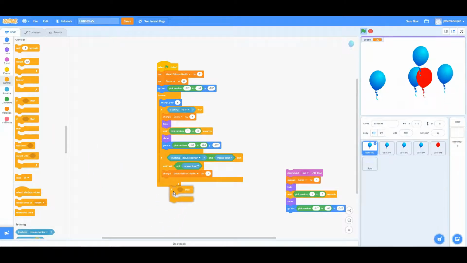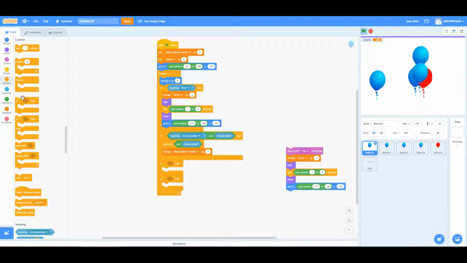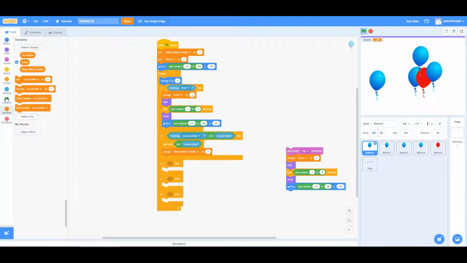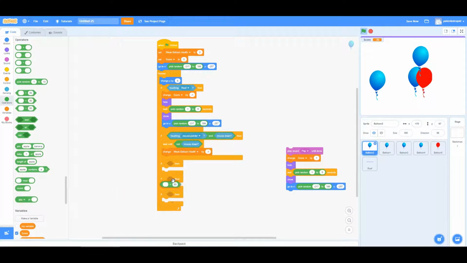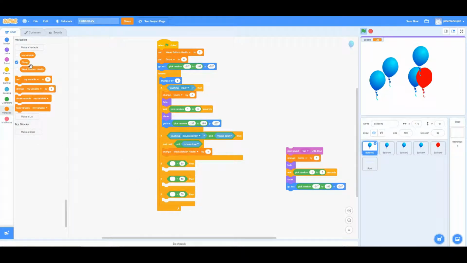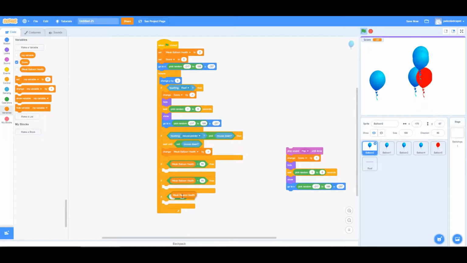So now we get a bunch of if commands. If, and if. Now this is simply where we just do equals blah blah, equals blah blah. So I'm gonna plump in a bunch of equals and plump in a bunch of weak balloon health. So if weak balloon health equals 2, if it equals 1, and if it equals